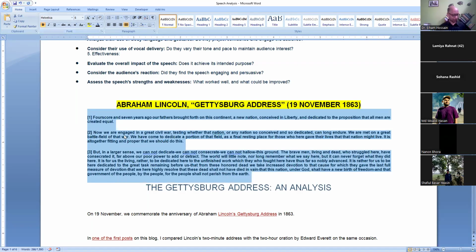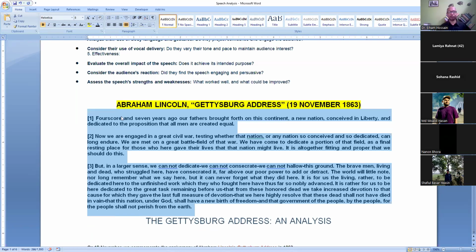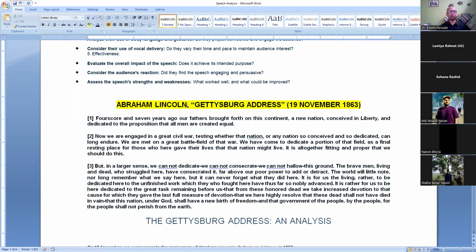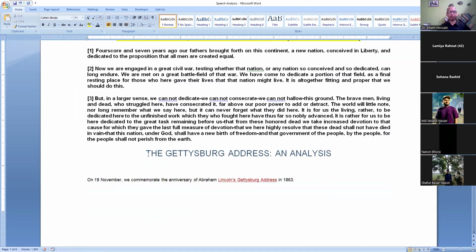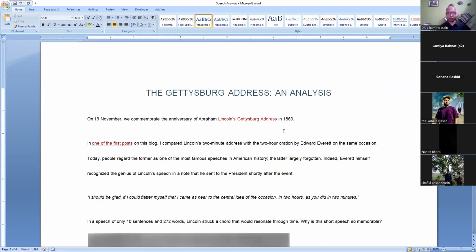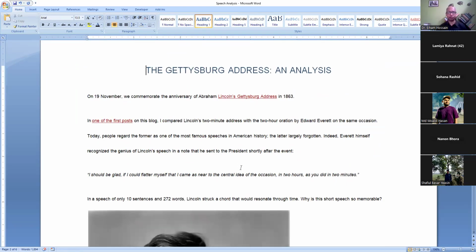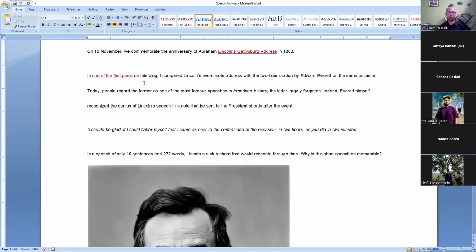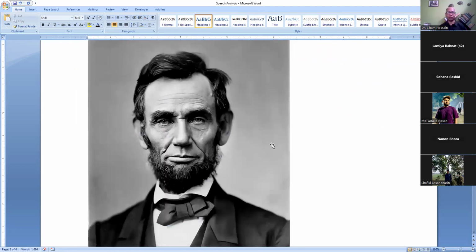We will apply our knowledge regarding speech analysis. And I have also shared an example of speech analysis. That is how you will have to analyze a speech, or what things you have to consider during the analysis of a speech. So I have given an example, and you find the photo of Abraham Lincoln, 19th president of